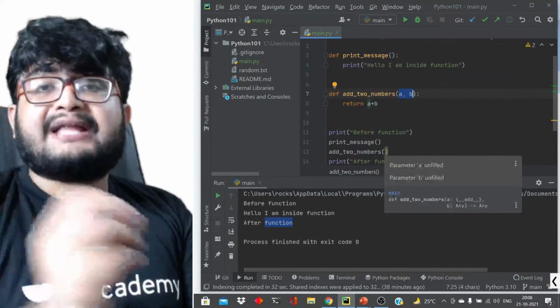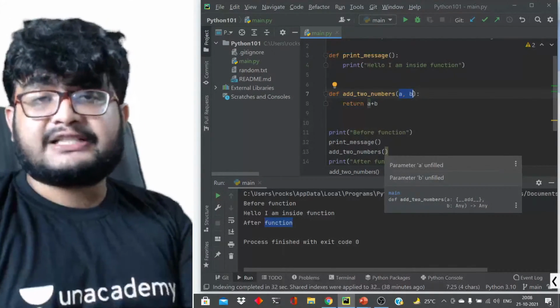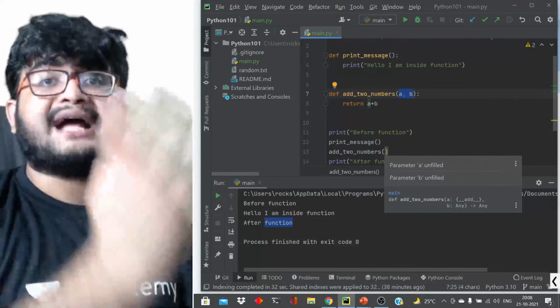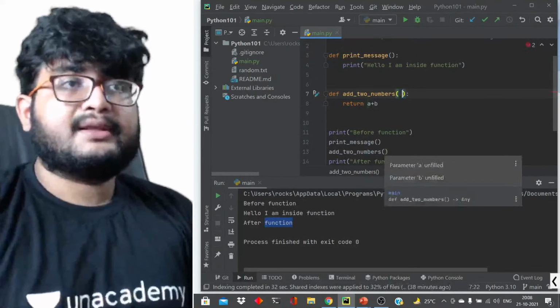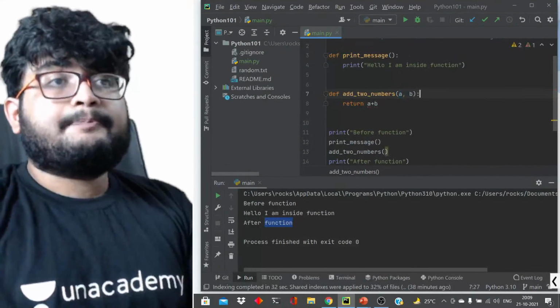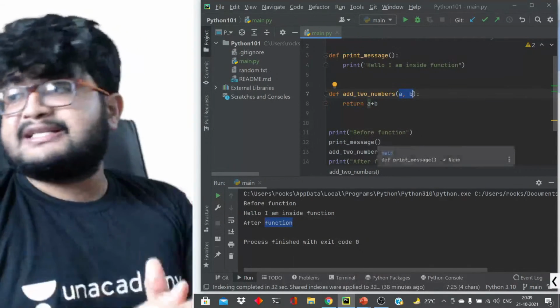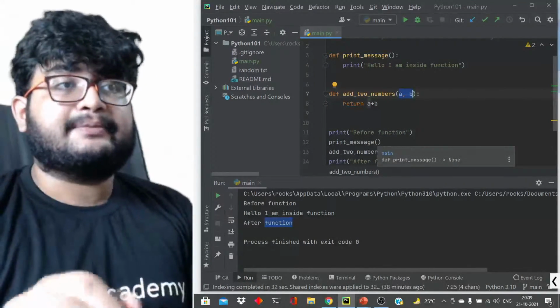Arguments are the actual values that you pass to the function.